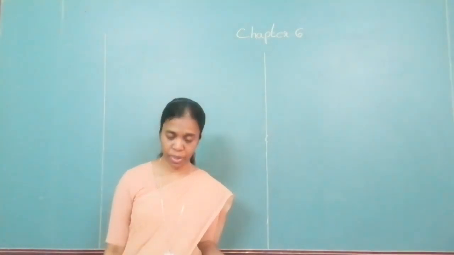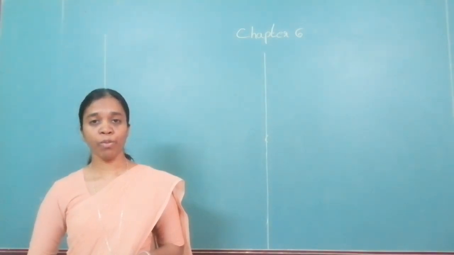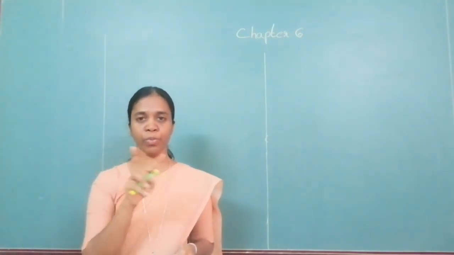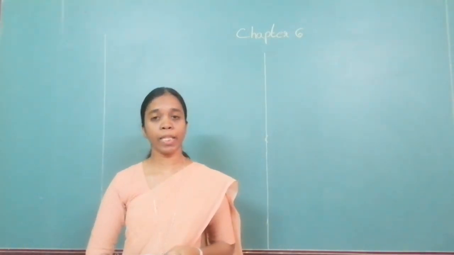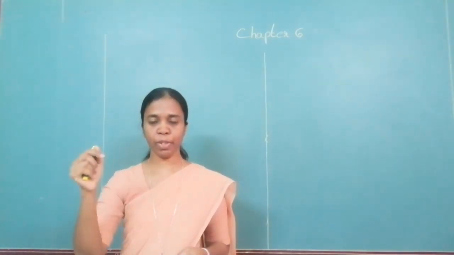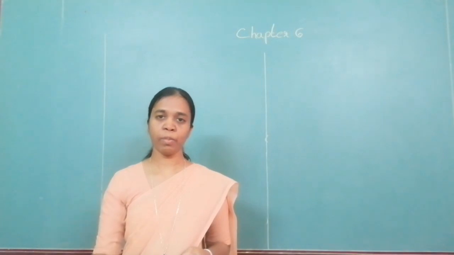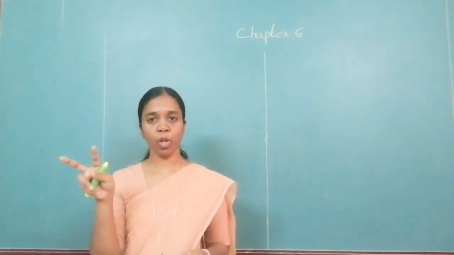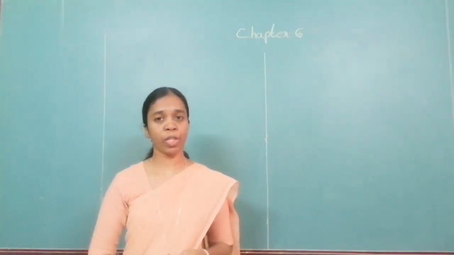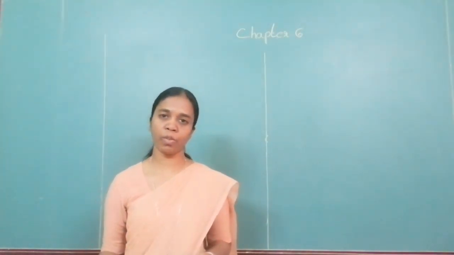Last class. Remember the theorems? What was the first theorem? Perpendicular drawn from the center of the circle bisects the chord. You are given the perpendicular and you have to prove that it bisects the chord. Second theorem, segment joining the center of the circle to the midpoint is perpendicular. So you are given it is midpoints, it is equal and you have to show that it is a perpendicular. Third, congruent chords of the circle are equidistant from the center. And we also saw that in all three cases we were showing that two triangles are congruent and then proving the corresponding sides or angles, whichever was asked of us.